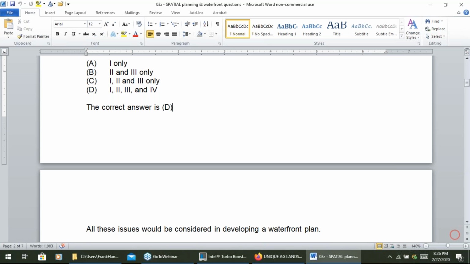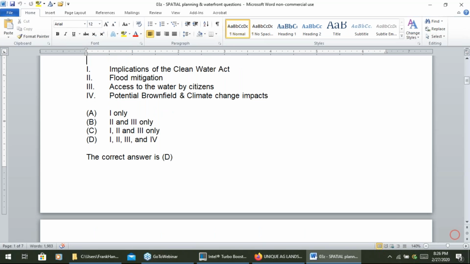That's implications of the Clean Water Act, water quality issues; flood mitigation, as well as sea level rise; access to the water by citizens, which we just talked extensively about; the earlier potential brownfield issues associated with those areas; and climate change impacts such as sea level rise.